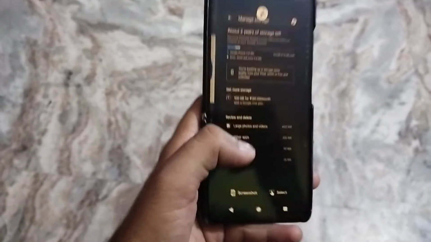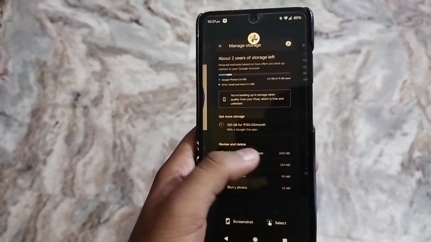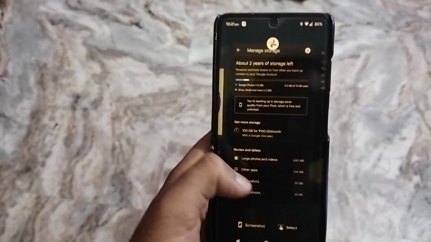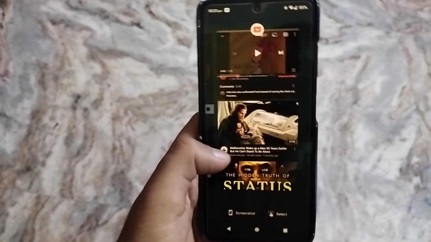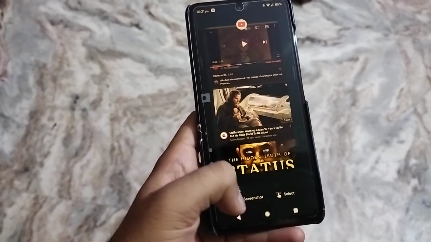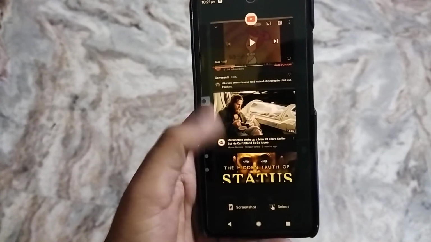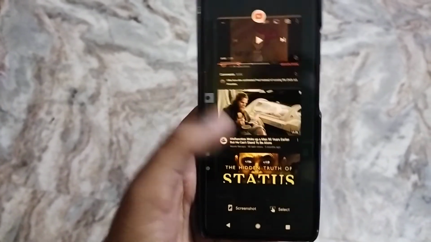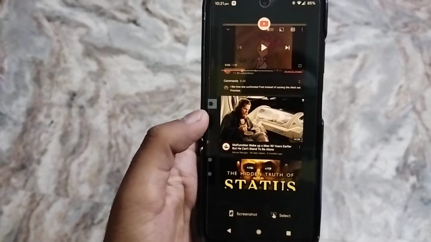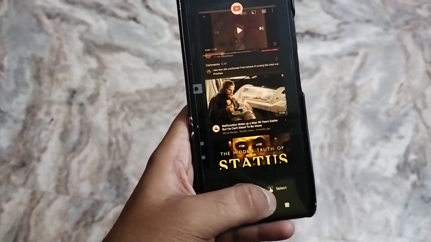And the next feature that I want to display is, if I open the recents screen, I can take a screenshot, and the scroll shot also. This is not a Pixel exclusive feature. The Pixel exclusive feature is the select option.